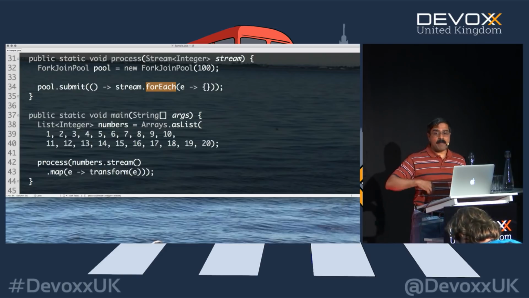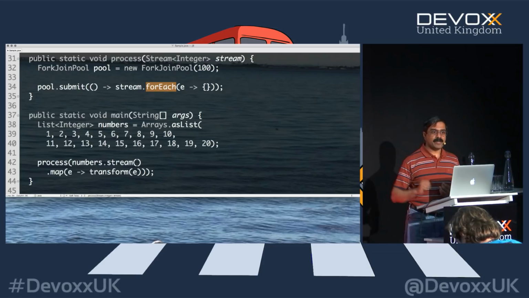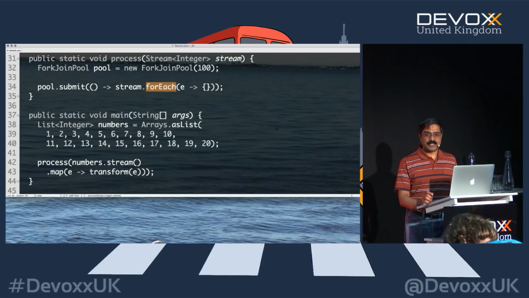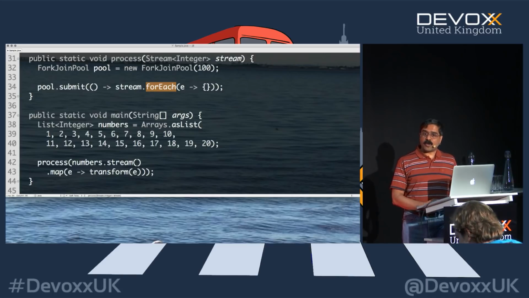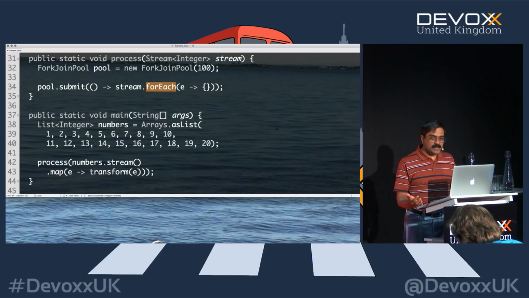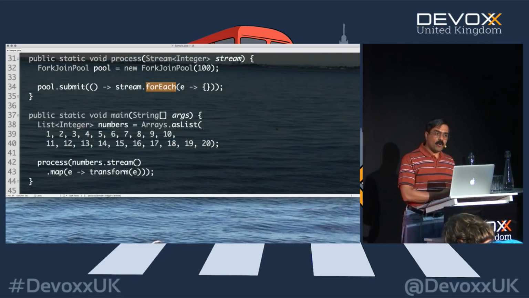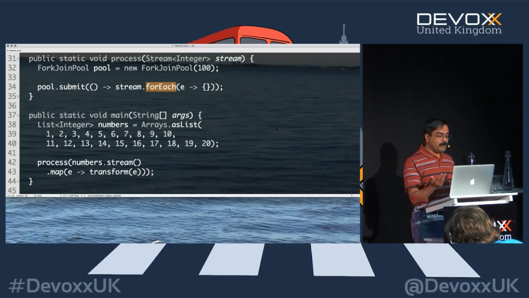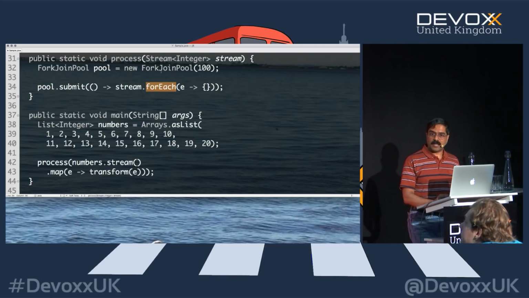So it doesn't matter where the stream was born. It matters where its terminal operation is executed. Because the terminal operation now is executing within the fork join pool we created, this entire thing is going to run in parallel within that pool. What was done before was the terminal operation was executing within the main, but this time within the custom fork join pool that we are creating.